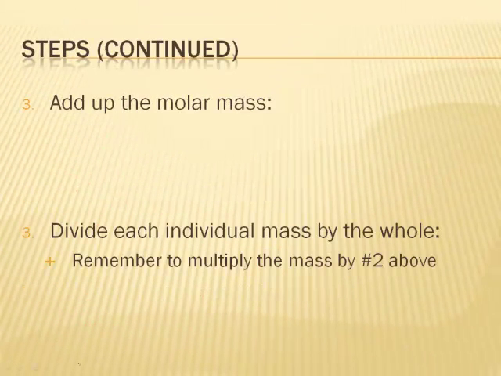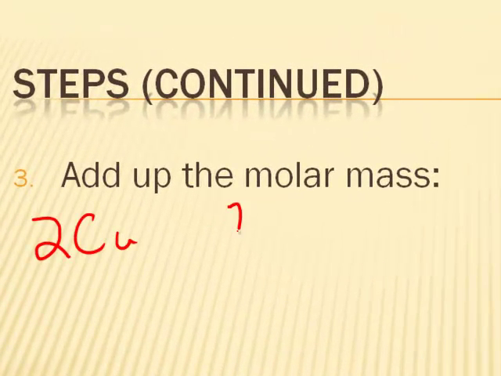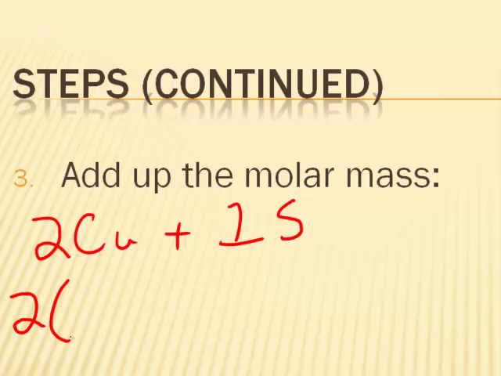So now I want to determine the molar mass of the compound. As you know, we had 2 coppers and 1 sulfur. I want to add those together, but I'm going to use the atomic mass, the molar mass on the periodic table. So I have to do 2 times the molar mass of copper, which on your periodic table